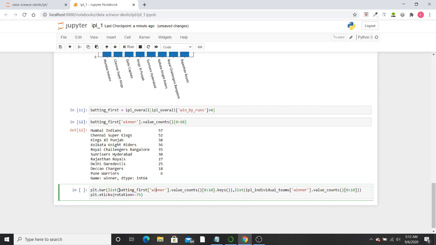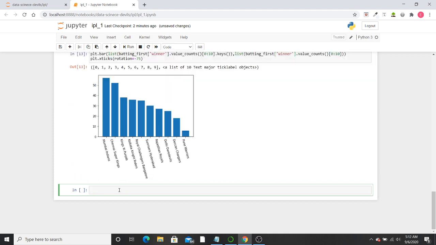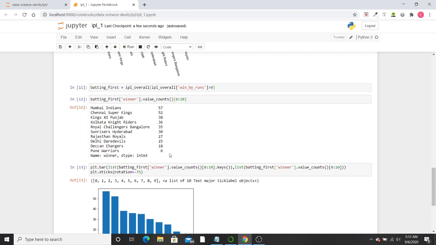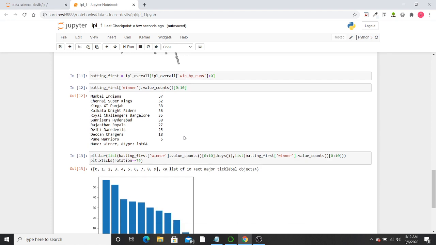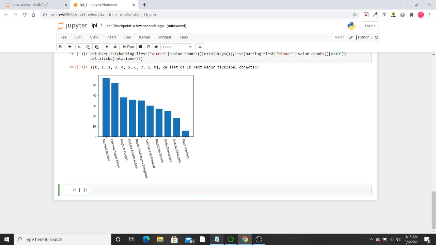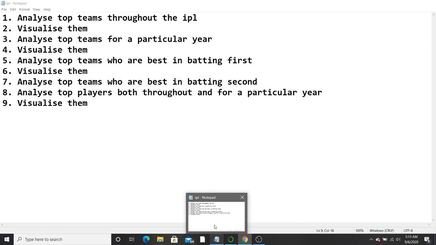Control V. Here also the same. And this is giving the same results but visually. This was in text in a tabular manner. This is visual information. What was the next point?